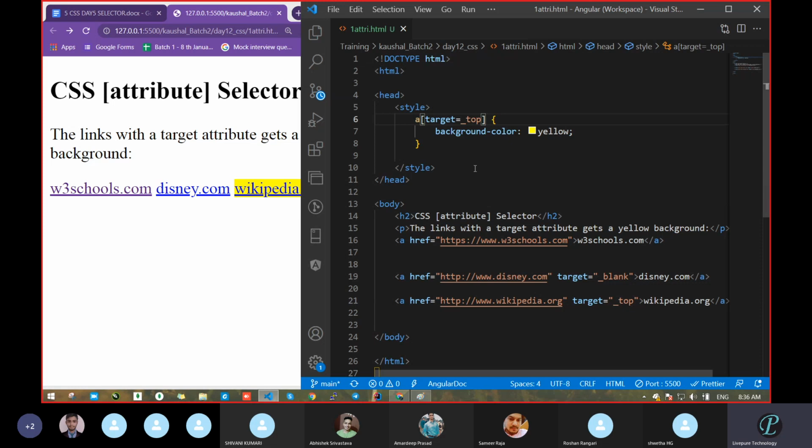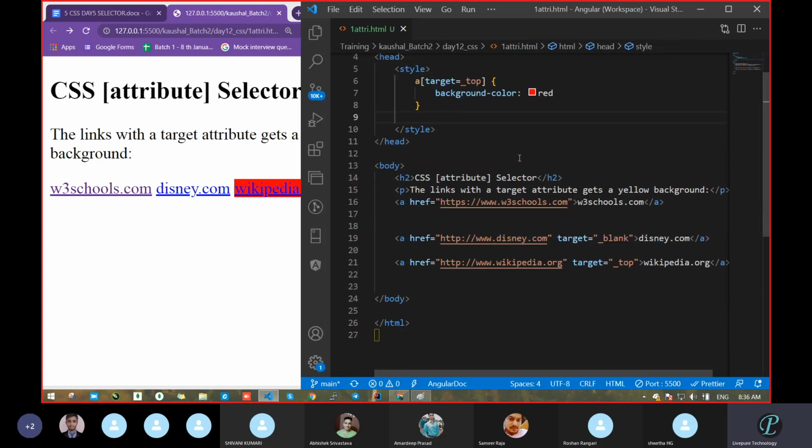Now see what happened. We got this color, and pass background color red, so that it will be highlighted more. So only those who have target equal to top will have the red background.